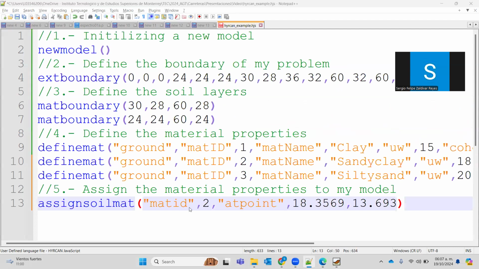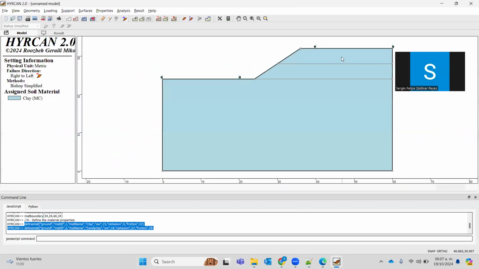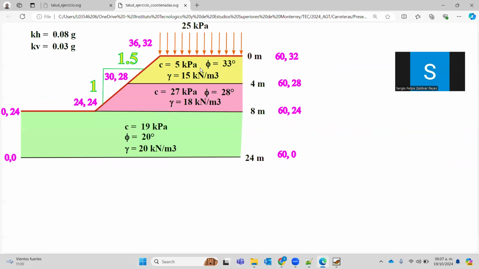For instance, I'm going to assign material 1 at the point, I have to select a point inside the region of my soil layer. For instance, here I can select just the point